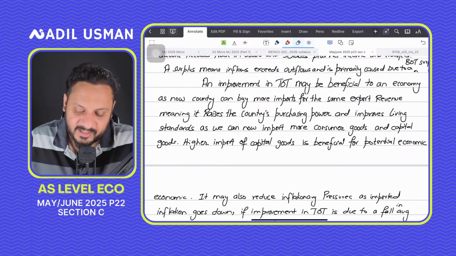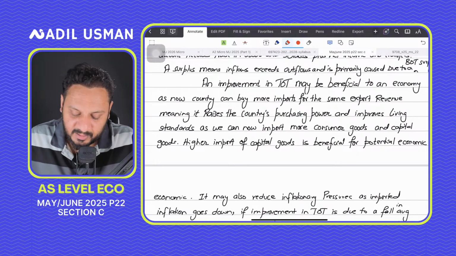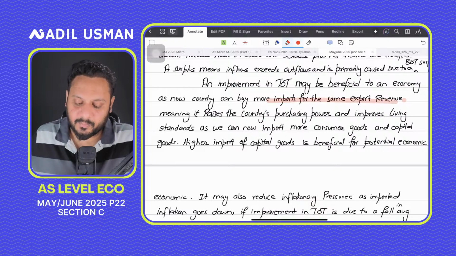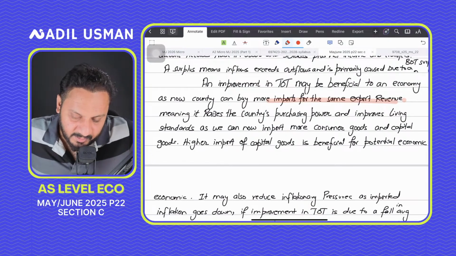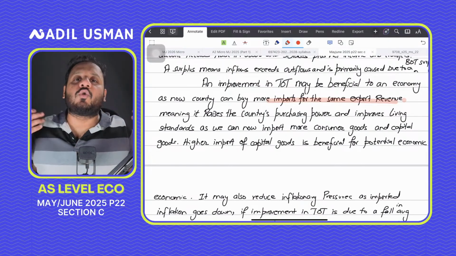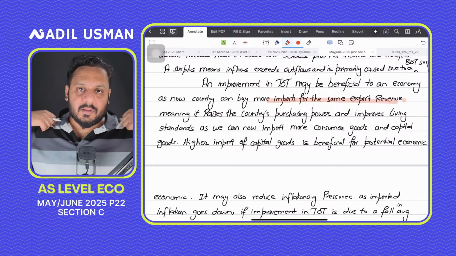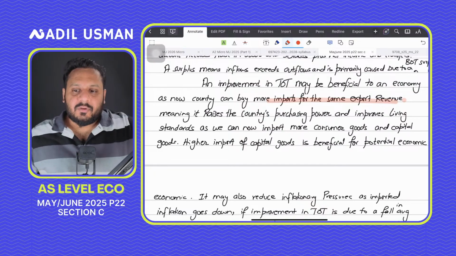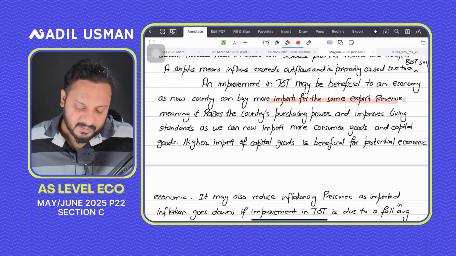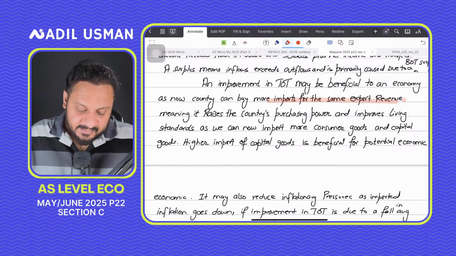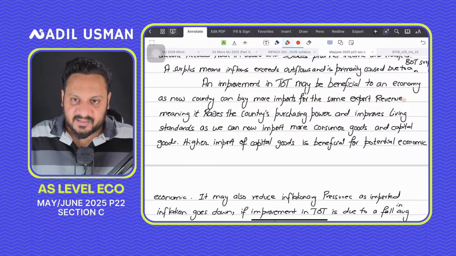export revenue. Now here the problem is that one of the students wrote that it can buy more imports for the same export revenue. I remember when I was checking this, but then you have to go beyond this. Now what's the benefit of it? What's really the benefit that you're getting? So you need to talk about the benefit, and the benefit is that it will raise the country's purchasing power